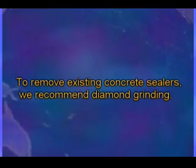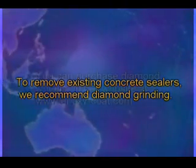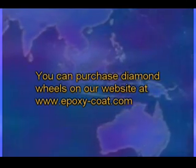To remove existing concrete sealers, we recommend diamond grinding. You can purchase diamond wheels on our website at